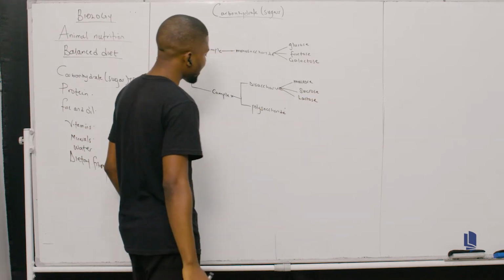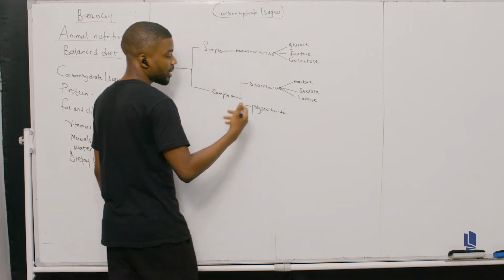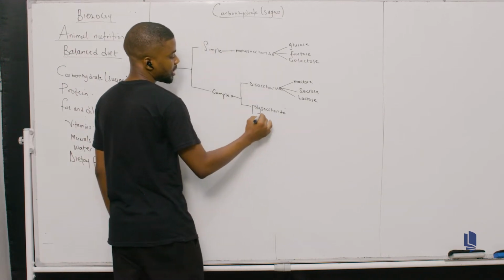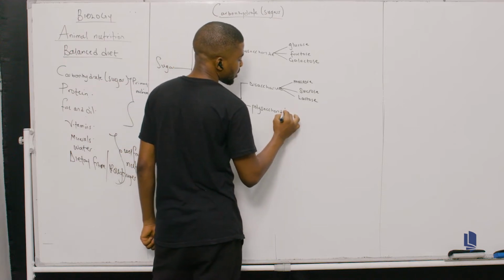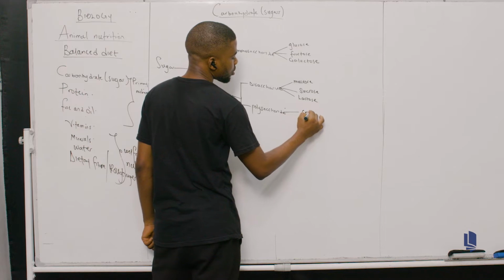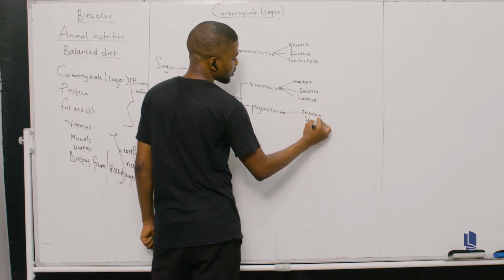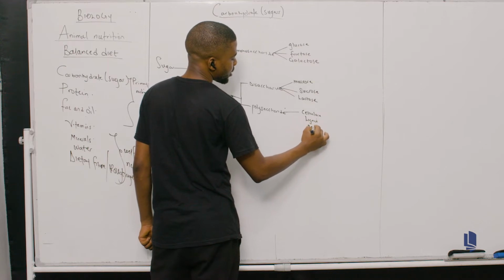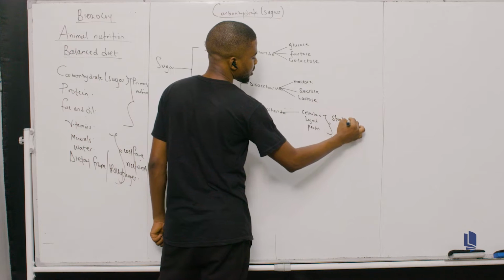Now, these ones I'm going to be mentioning, most of them are structural carbohydrates. Let me start with the cellulose. We got lignin, and we got pectin. These guys are structural carbohydrates